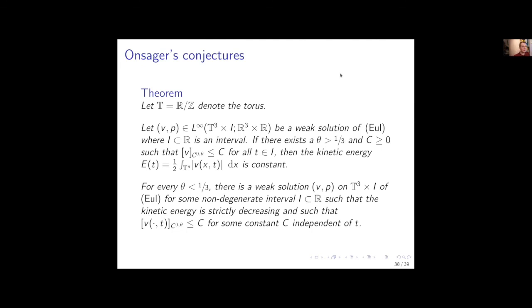He had this conjecture that if you take, just to note, we are on the torus now, because mathematics gets very hard if you're not on the torus for this. We're on the torus, so essentially the circle. So the question was, what happens if the solutions are Euler continuous with exponent less than 1/3? You take a weak solution, and it's Euler continuous with theta less than 1/3. What can we say about the kinetic energy? In fact, you can prove that if theta is less than 1/3, there is a weak solution such that the kinetic energy is strictly decreasing.